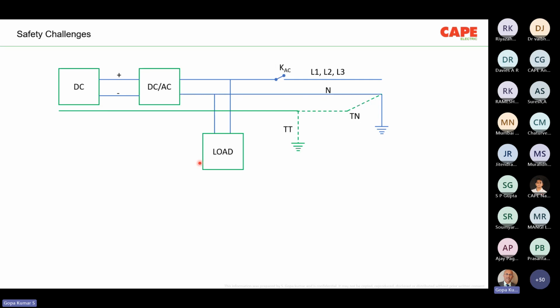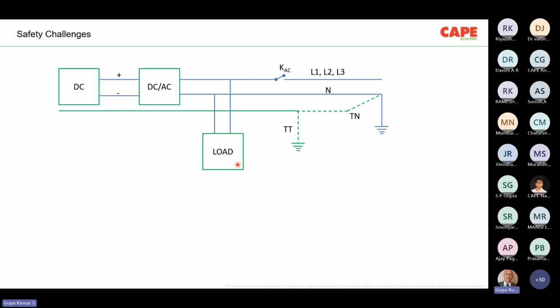Now you see, I'm just showing you a typical system. You have the DC solar PV, AC DC is converted here. Okay, two lines are missing. These are earthed. The green line denotes the earthing system. You have the positive, negative. So here the dotted line means this is the TT system. This dotted line towards the neutral of the source is the TN system, and you have parallel load. Now,